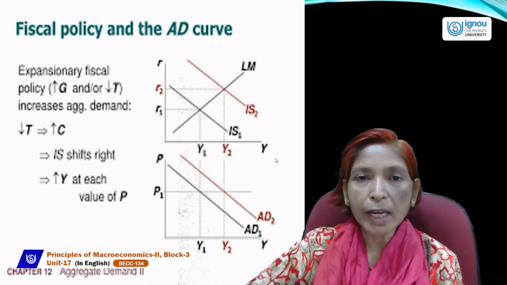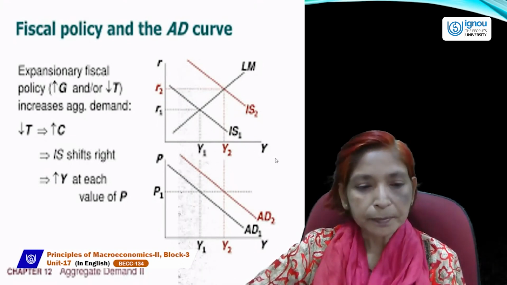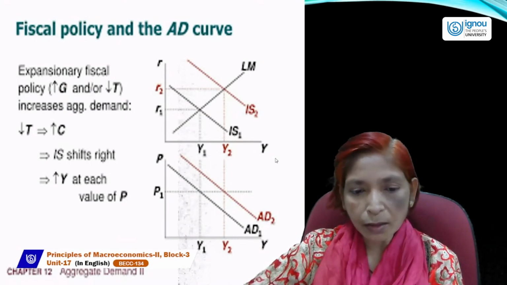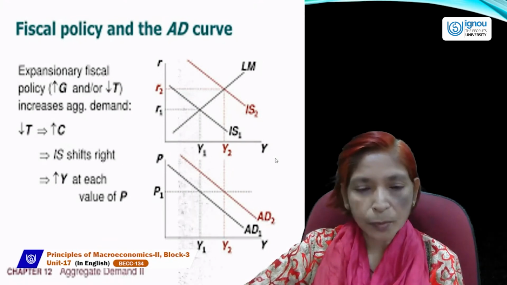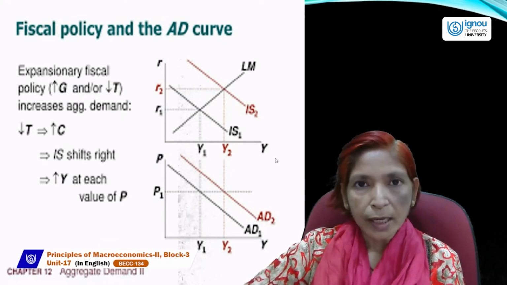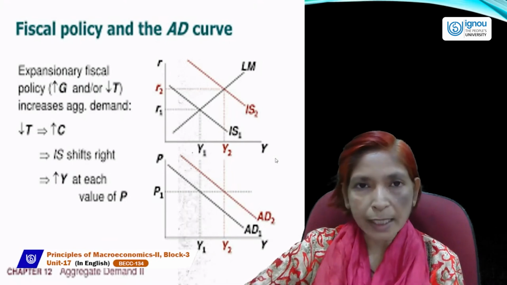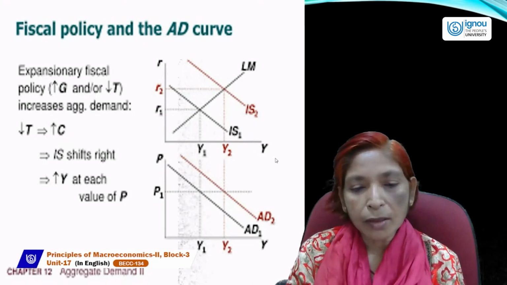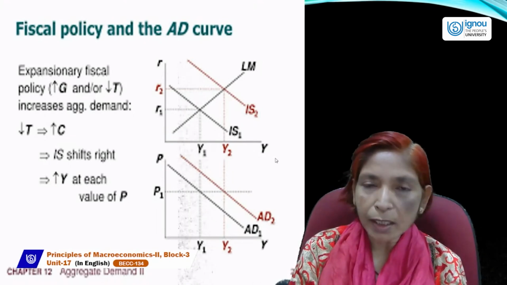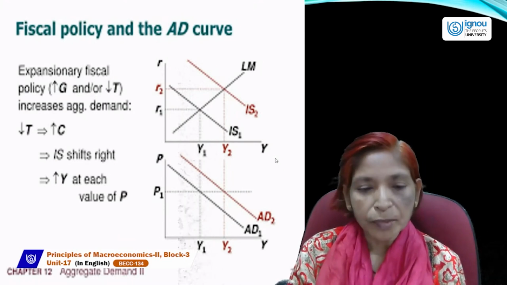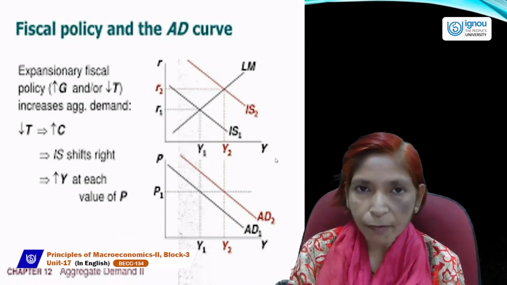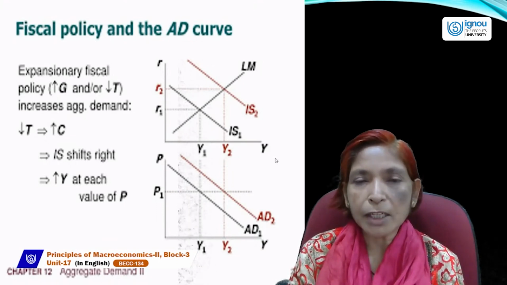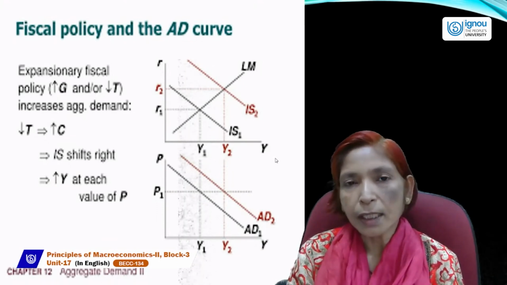So in this case, we always take a constant price level. First of all, we will draw these two equilibrium points on another curve, and the income levels will remain the same, Y1 and Y2, and here we will draw the price line, which is always a constant or horizontal line, and on this AD1 is the initial demand curve, and due to expansionary fiscal policy, the IS curve shifts to the right hand side. That's why if government expenditure rises and taxation falls, then consumers can